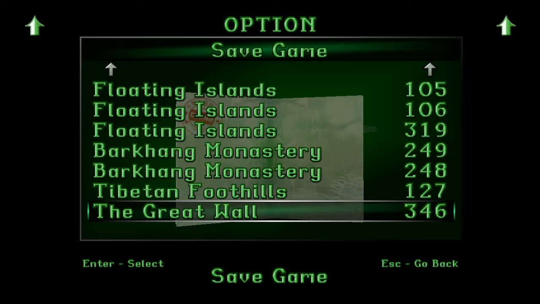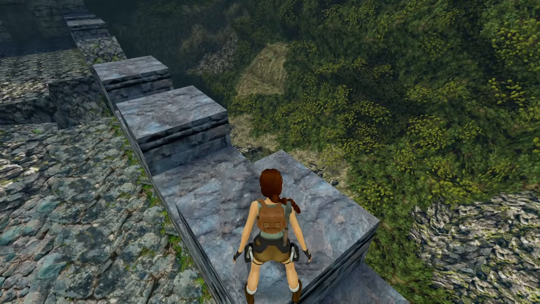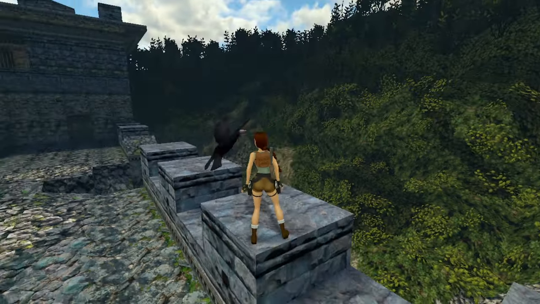Now this jump is kind of strange. Not really sure how to explain it. But what I kind of look for when I do the jump is the way that her